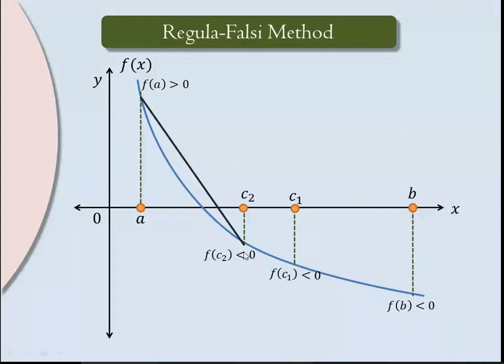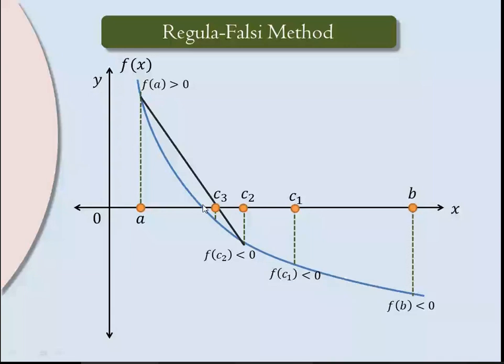Get another point C3. Like that, if you go on continuing, fixing one point and just drawing the line, whichever intersecting point is there, with that we get a new point here, f of C1, f of C2. Draw the new lines, and where they intersect, we get a new point. And like that, we can continue and we can reach up to this root.